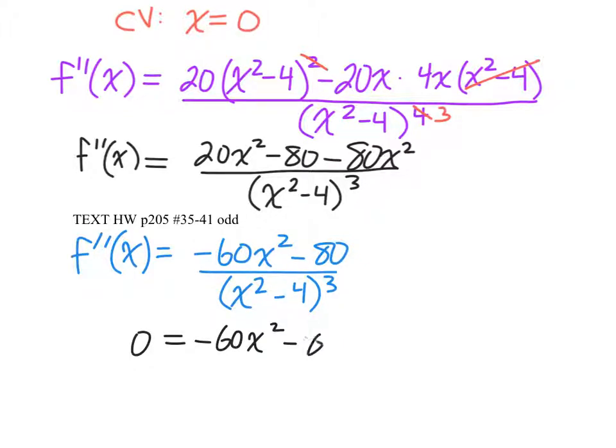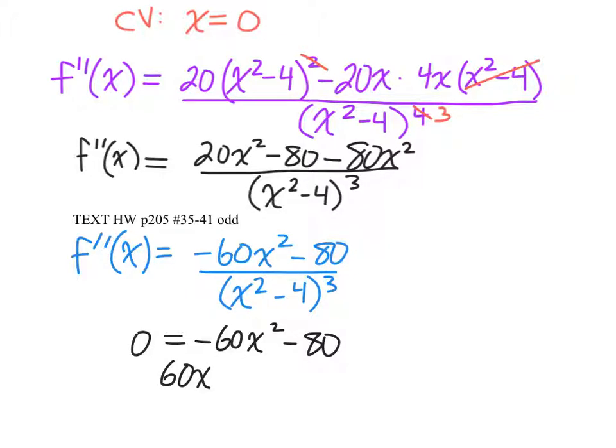So set the top equal to 0, because for the second derivative, I can't emphasize this enough, we don't need to know where it's undefined, we just need to know where it's equal to 0. All right, first derivative, I need to know both, right? Or at least have a sense of both. Second derivative, just where it's equal to 0. All right, so we're looking at